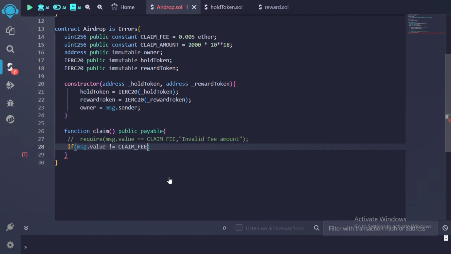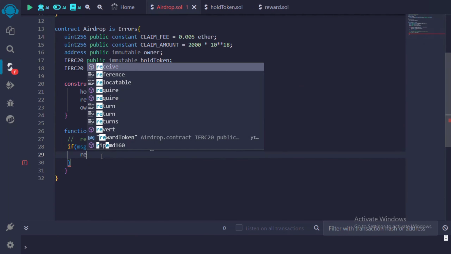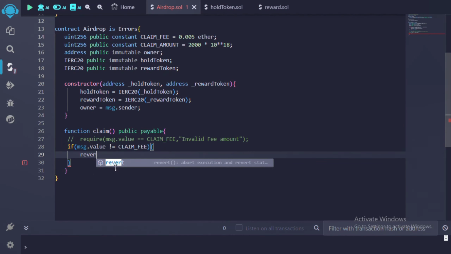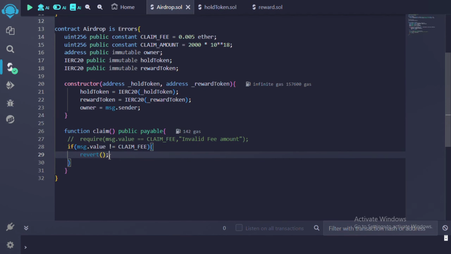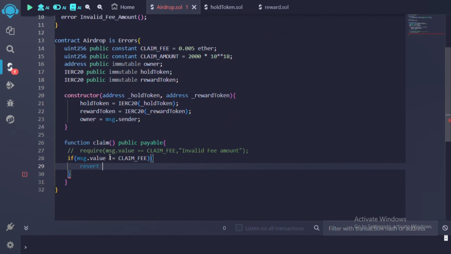This time around we are saying if the ether sent to this claim is not equal to the claim amount, then revert. You fail, revert. After reverting, you throw this error, invalid fee amount,